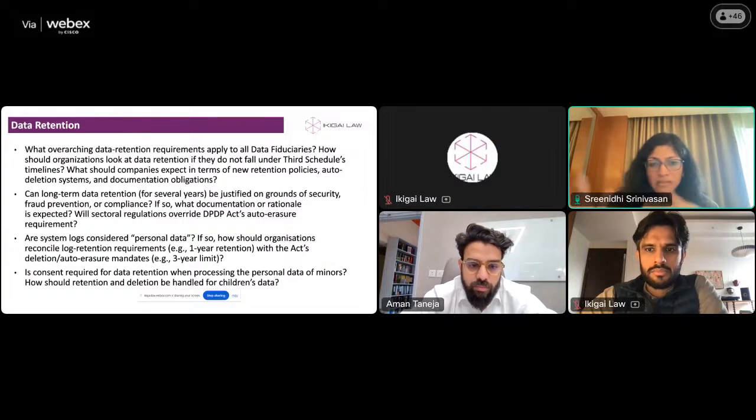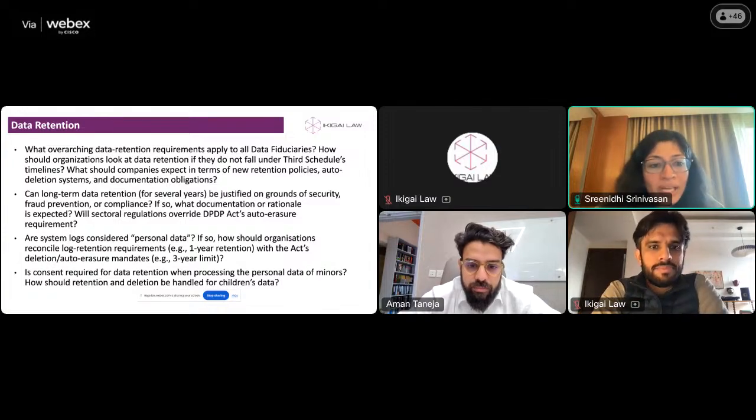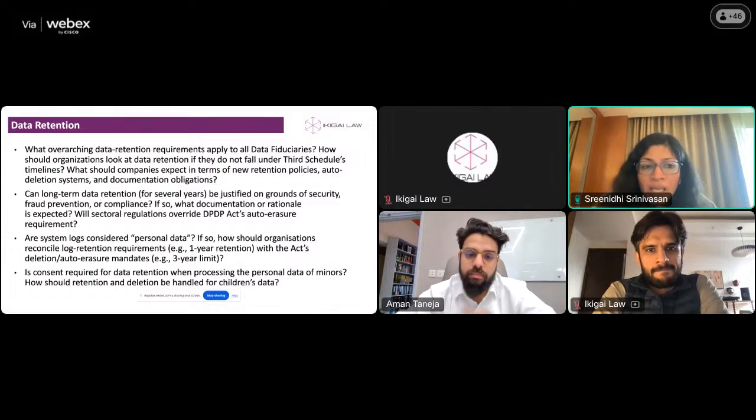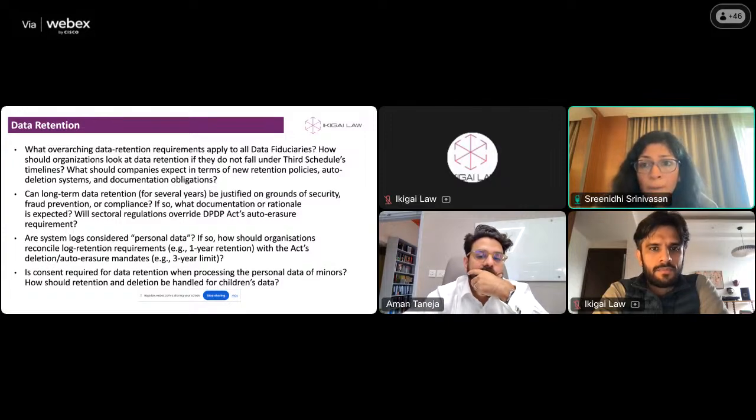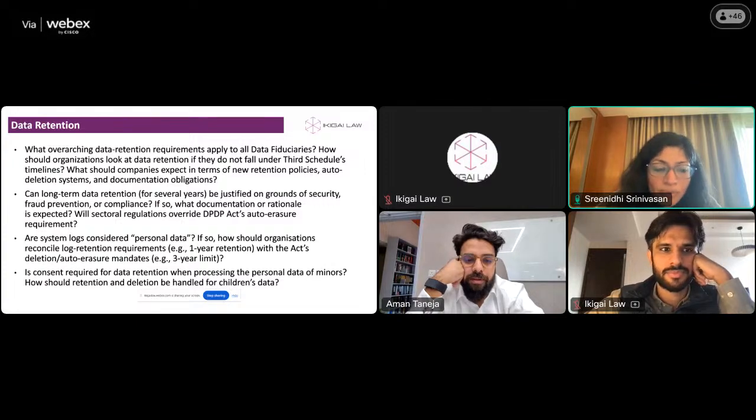And there's mingled data, there's some personal data, and there is a lot of business data as well. But I think for other consumer contexts, I'm looking at the 3 year timeline, which the rules have anyway specified for certain classes of data fiduciaries, 3 years from user inactivity. And that's the timeline in the Limitation Act as well for a lot of claims, and consumer disputes as well. So that might be a reasonable time period to look at if there is no other law requiring and justifying longer retention. Yeah, so 3 years from user inactivity.